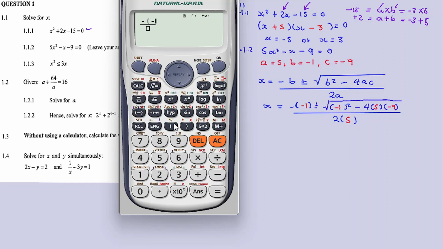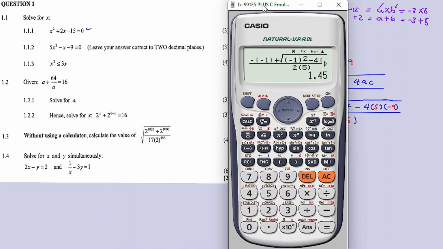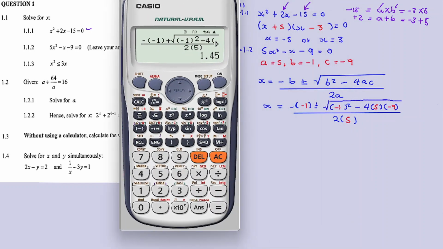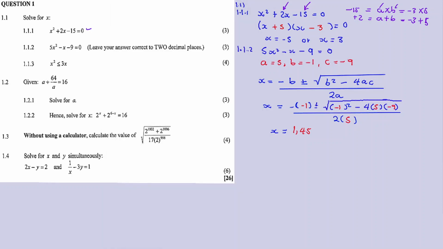So it's minus 1 close bracket plus square root minus 1 squared minus 4 a 5 b minus 9, 2a, 2 times 5. Answer is equal to, okay, in 2 decimal places. I'm sure that she answered it in 2 decimal places. So it's 1.45, and then the other one sisusu plus lapha before the square root is fagu negative, yeah. And then it's a minus 1.25,